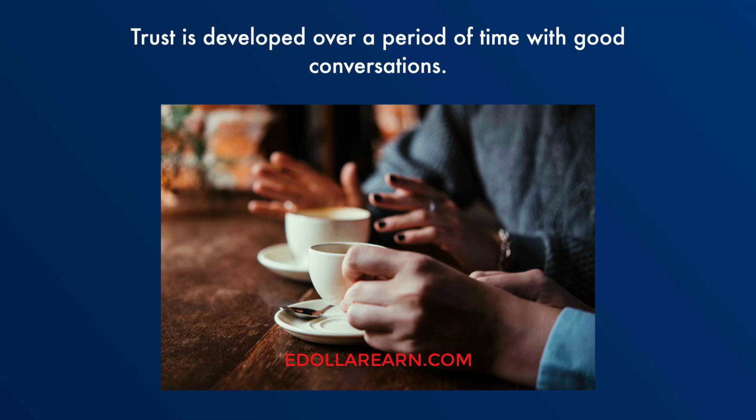And even when you look at real world relationships, let's say boyfriend girlfriend relationships or even general friendships, nobody becomes very intimate with someone in terms of friendship or in terms of a significant other, in terms of a passionate relationship. It happens over time as one person gets to know the other person over time and the other person gets to know you over time, right? So that's how relationships are built, and that is what we are going to use when it comes to lead generation and building trust with our leads as well. What we are going to do is that we are going to build trust over time.